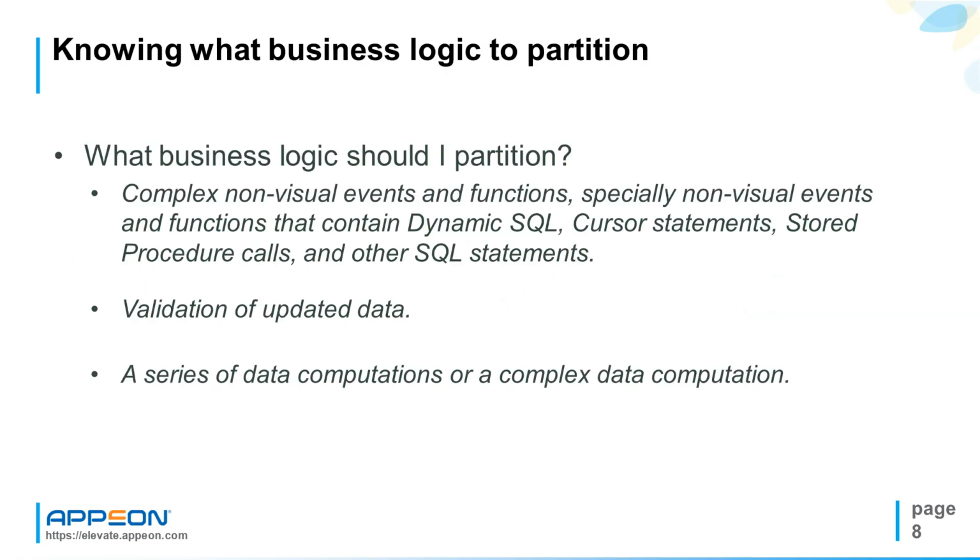So this takes us to another question. What business logic should I partition? Well, mainly there are three types of business logic that you might want to take to the web API. For example, complex non-visual events and functions, especially those that contain dynamic SQL, cursor statements, stored procedure calls, and other SQL statements. Any validation of updated data, or a series of data computations or a complex data computation. Anything that is specific to the business logic, anything that is not necessarily part of the UI, the UX, or